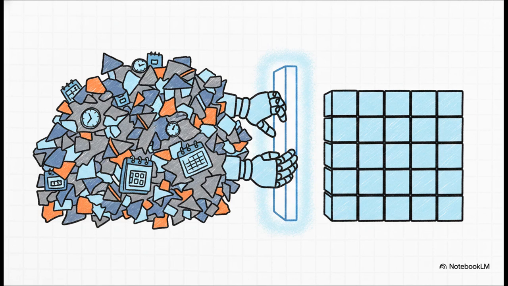Then we have the CacheAligner. If the SmartCrusher reduces the overall size, the CacheAligner config neatly folds everything. It normalizes messy white space and extracts dynamic dates. You know, those constantly changing timestamps that absolutely wreck your cache? By pulling those out, you maximize your provider cache hits, which directly saves you money and cuts down latency on